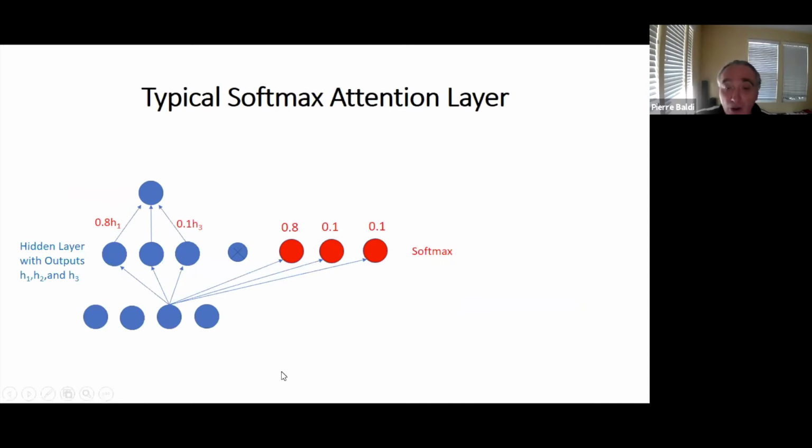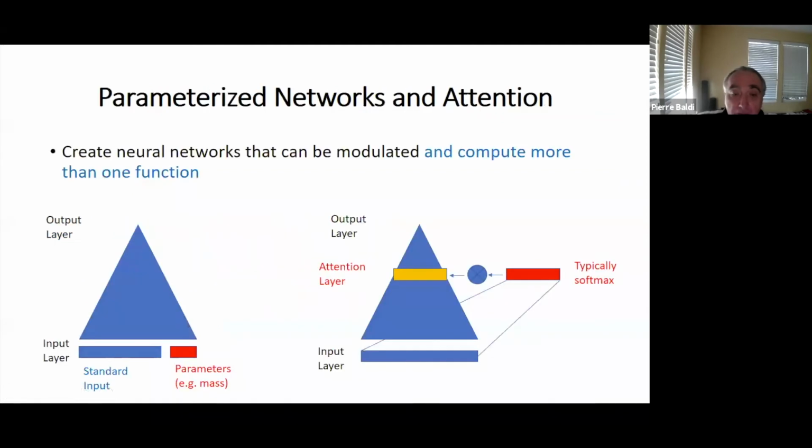So that's an example. Of course, as the activity in the gating layer varies, these weights will vary, and so they will modulate what goes through the primary network, right? In this case, you have 0.8, 0.1, 0.1. On a different example, in a different situation, you may have 0.7, 0.2, 0.1, etc. Right? So that's the modulation aspect of the attention mechanism. This is not the only way of doing modulation. There are other ways. There is something called the parameterized networks that have actually been developed using physics.